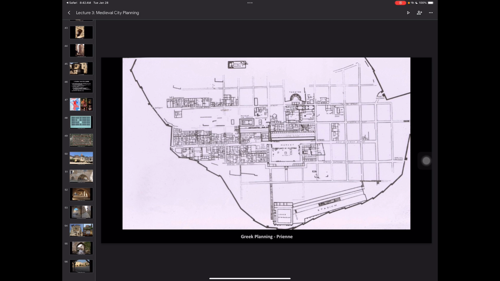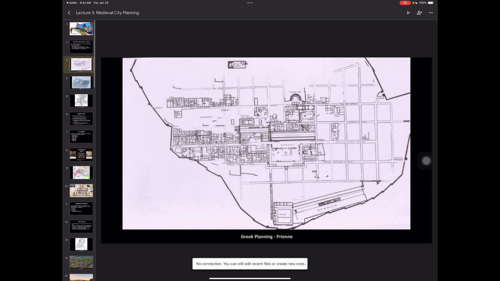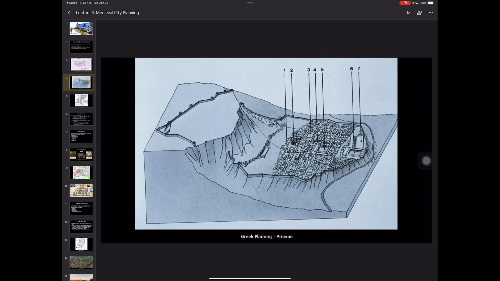And then lastly, we see the center of civic life. Does anyone remember what that's called in a Greek city? So we have our Acropolis, and then we have the Agora, which contains a stoa. The stoa was the marketplace all the way around our Agora. Notice that it's not a perfect square, it's generally a rectangular piece. So it is Priene in Greece, and if we look at it with its topography, we can begin to understand why it looks the way it does. So we're just beginning to read context clues based off of what you saw last semester.